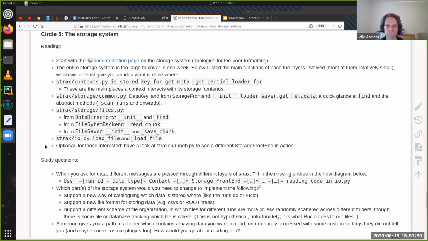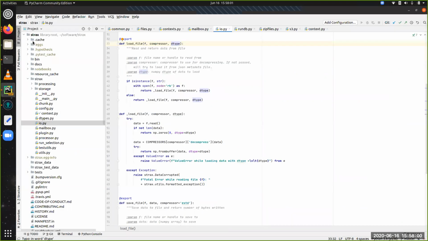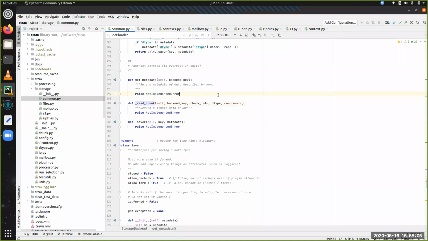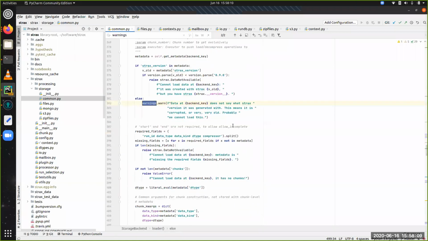There are two lines in the Mongo file that actually call this logging object. They actually try to log. There's one other thing in common.py that uses the warnings package. In the files file, all of the information back to the front end is just dumped to standard out.